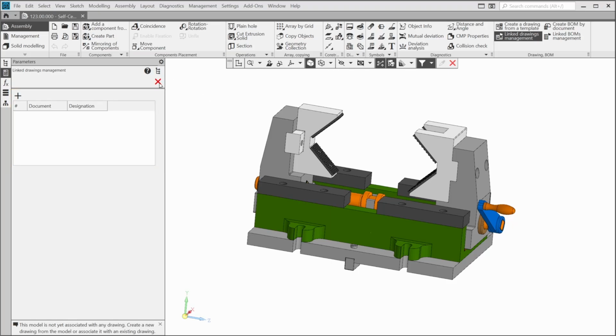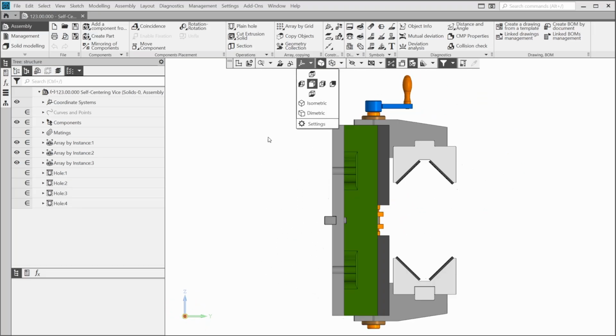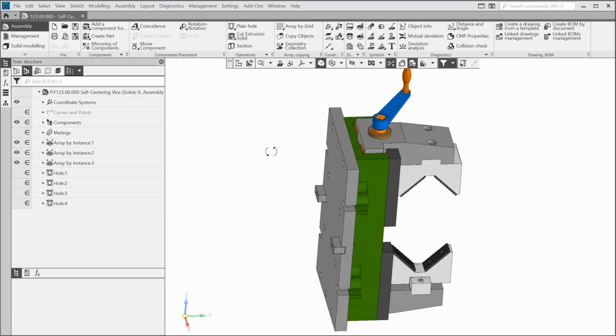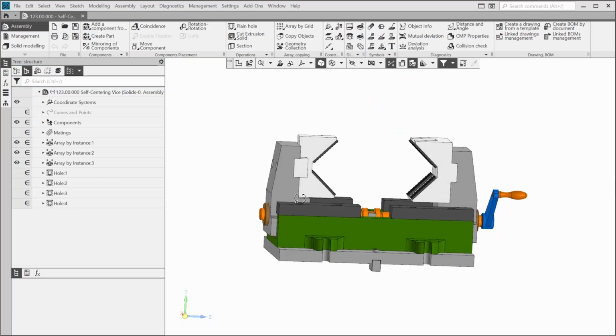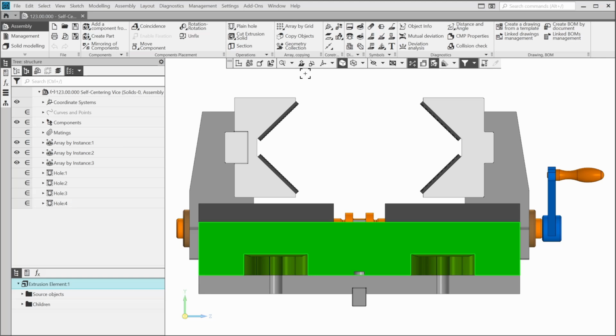Let's create it. Before creating the drawing, let's check the main view. Go to the Orientation menu in the Quick Access bar and select the front view. This isn't what we need. Let's rotate the view close to the proper position. Select the flat face and click Normal to. This view makes a proper front view.